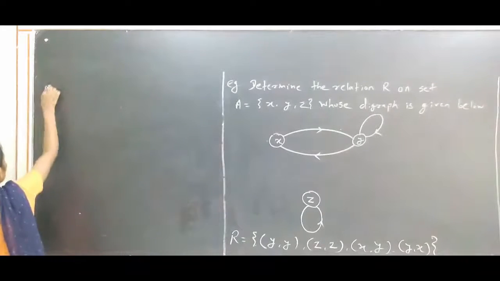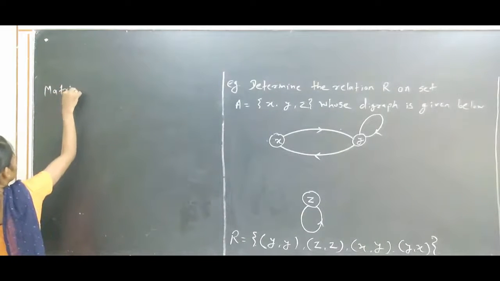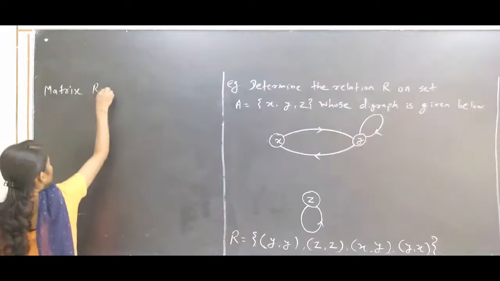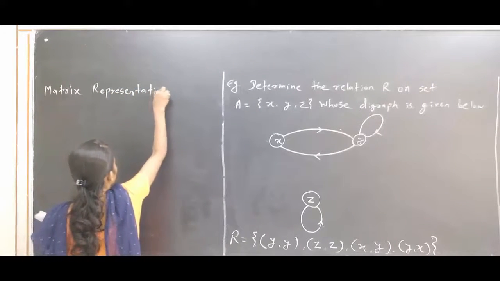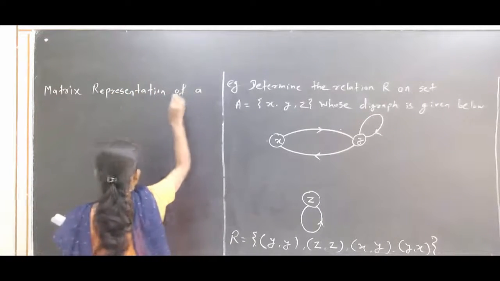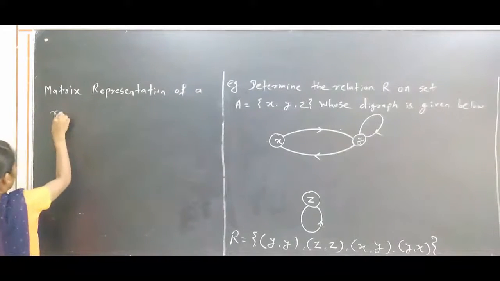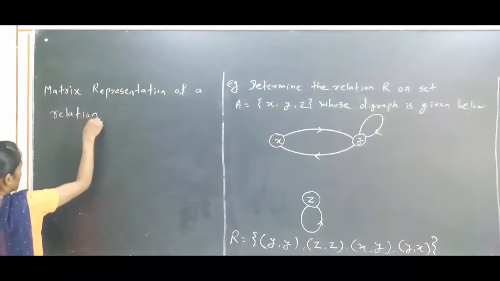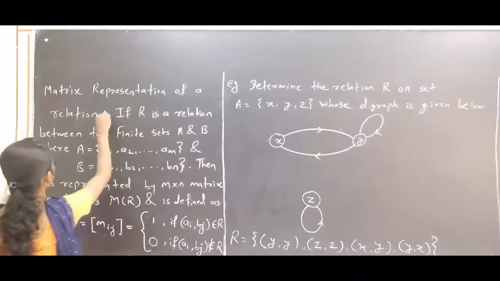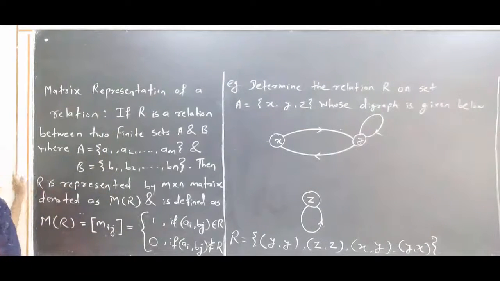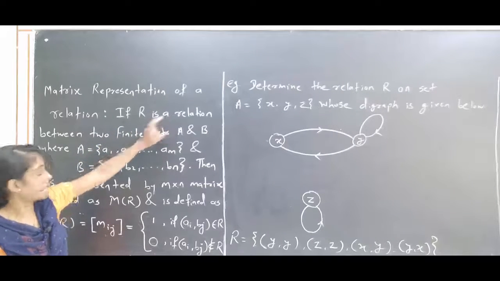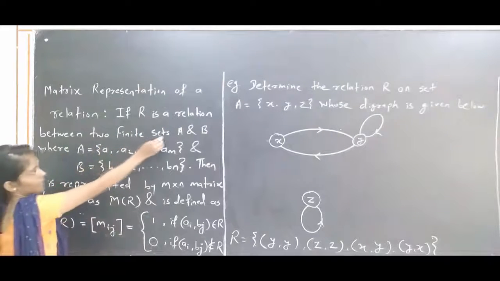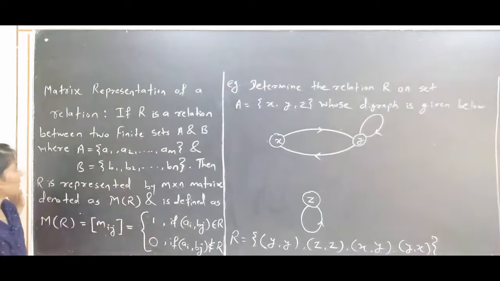Matrix representation of a relation. Matrix representation of relation. So see here, if R is a relation between two finite sets A and B, where